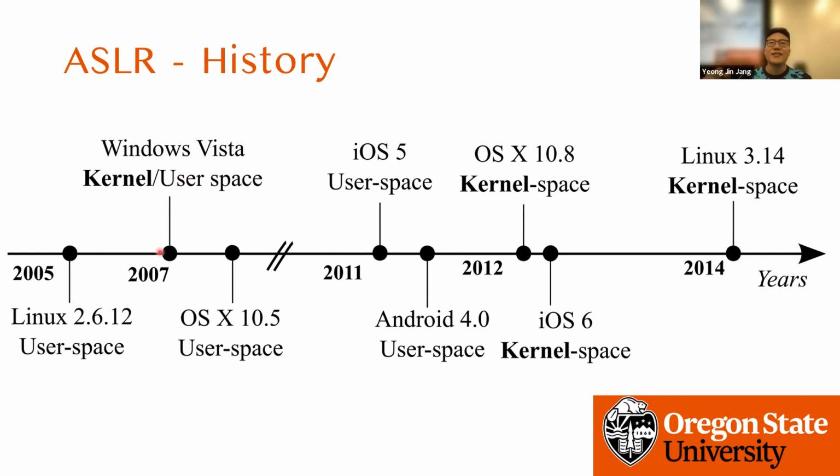Windows moved forward with a big step. They applied that to both kernel and user space. And then OS X applied it to the user space in 2008-ish. And then in 2011, iOS applied that, Android applied that, and then moved to the kernel too. And Linux kernel applied it at the end. You can also see how conservative the Linux kernel is about adopting technology. So what I want to tell is that this technique is proven to be beneficial to security,